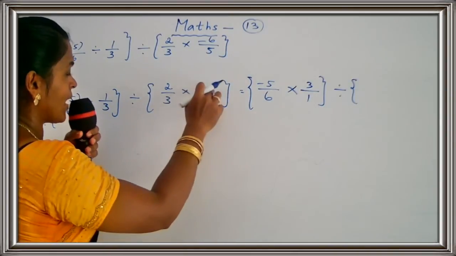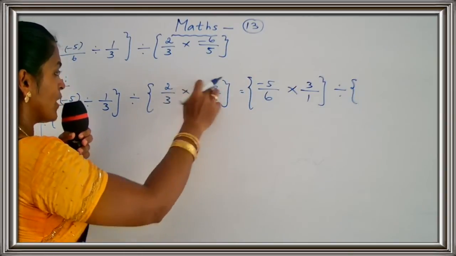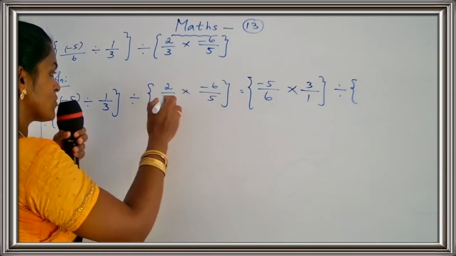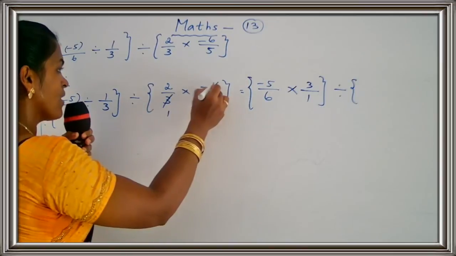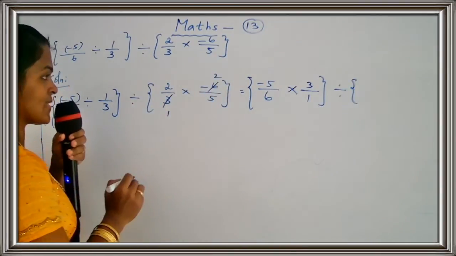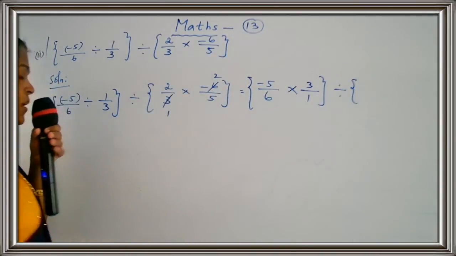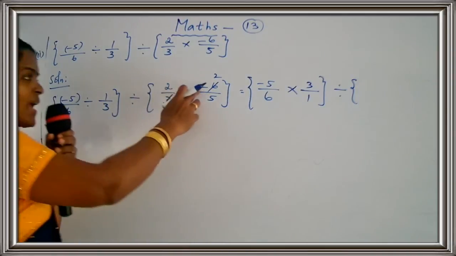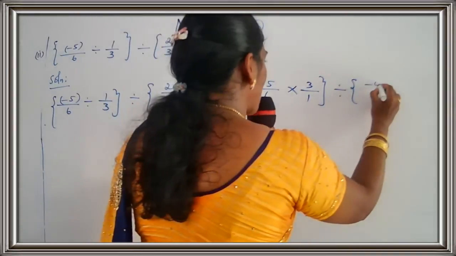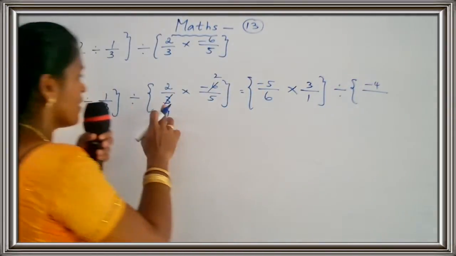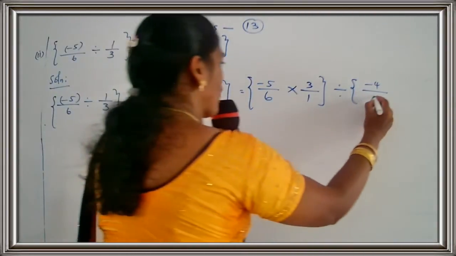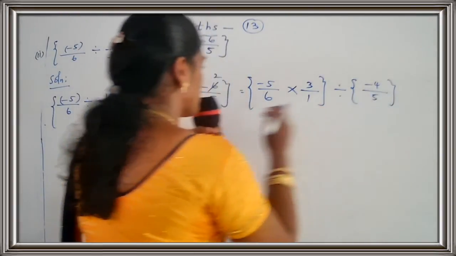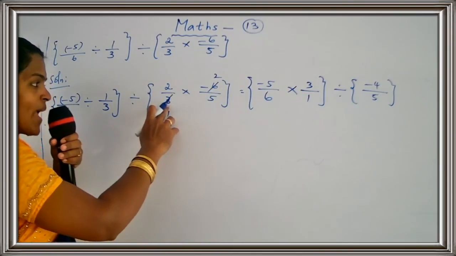Next. Here also common factor is there. 1 3 is 3. 2 3s are 6. Now in multiplication, multiply numerator by numerator. Okay. So that's why minus 5 into 1. Here minus 5, here 1. So your answer minus 5 into 1, minus 5 upon 2 1 is 2, divided by your answer minus 4 upon 5. Okay children? Clear? Your question looks like a big question, but it is so easy.